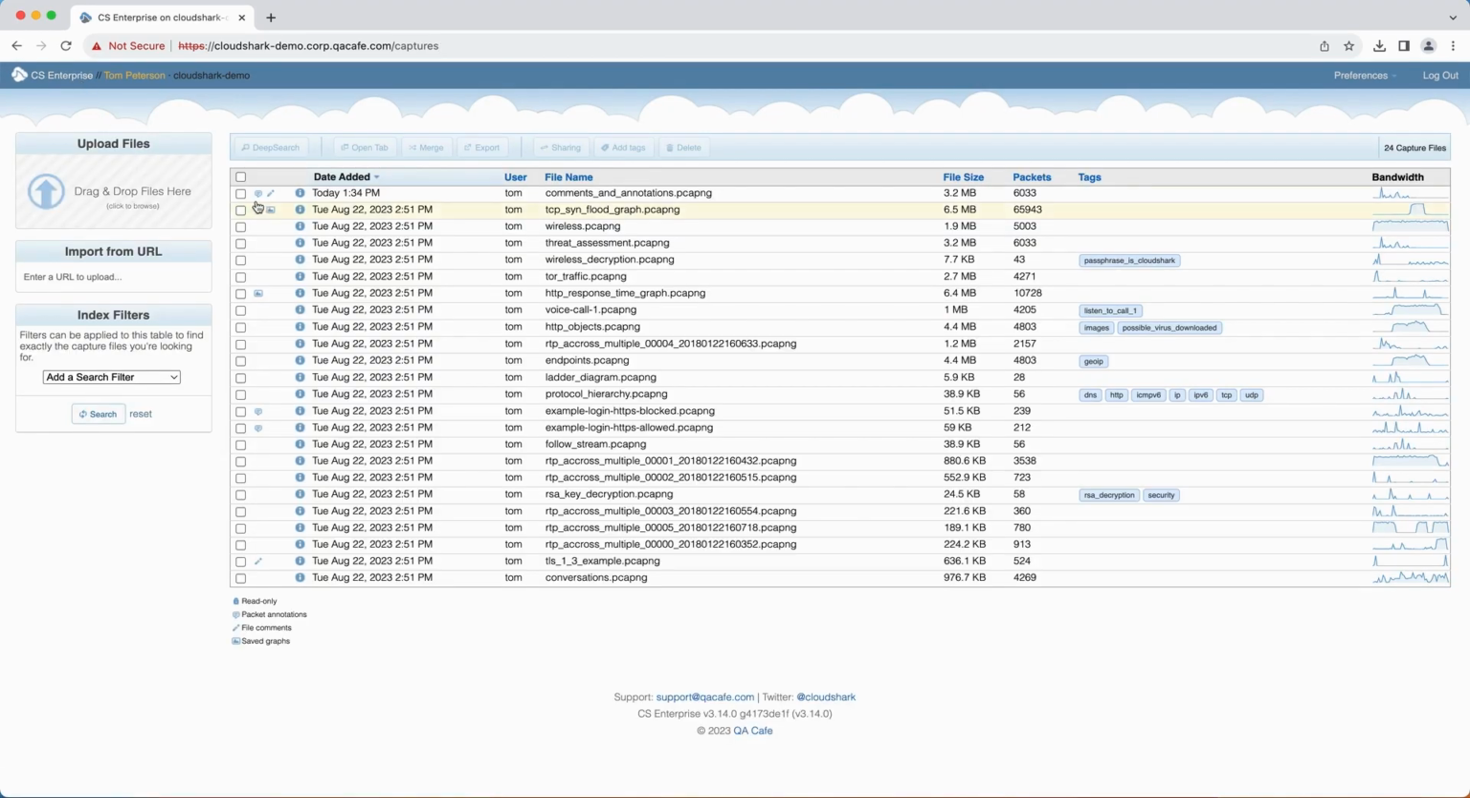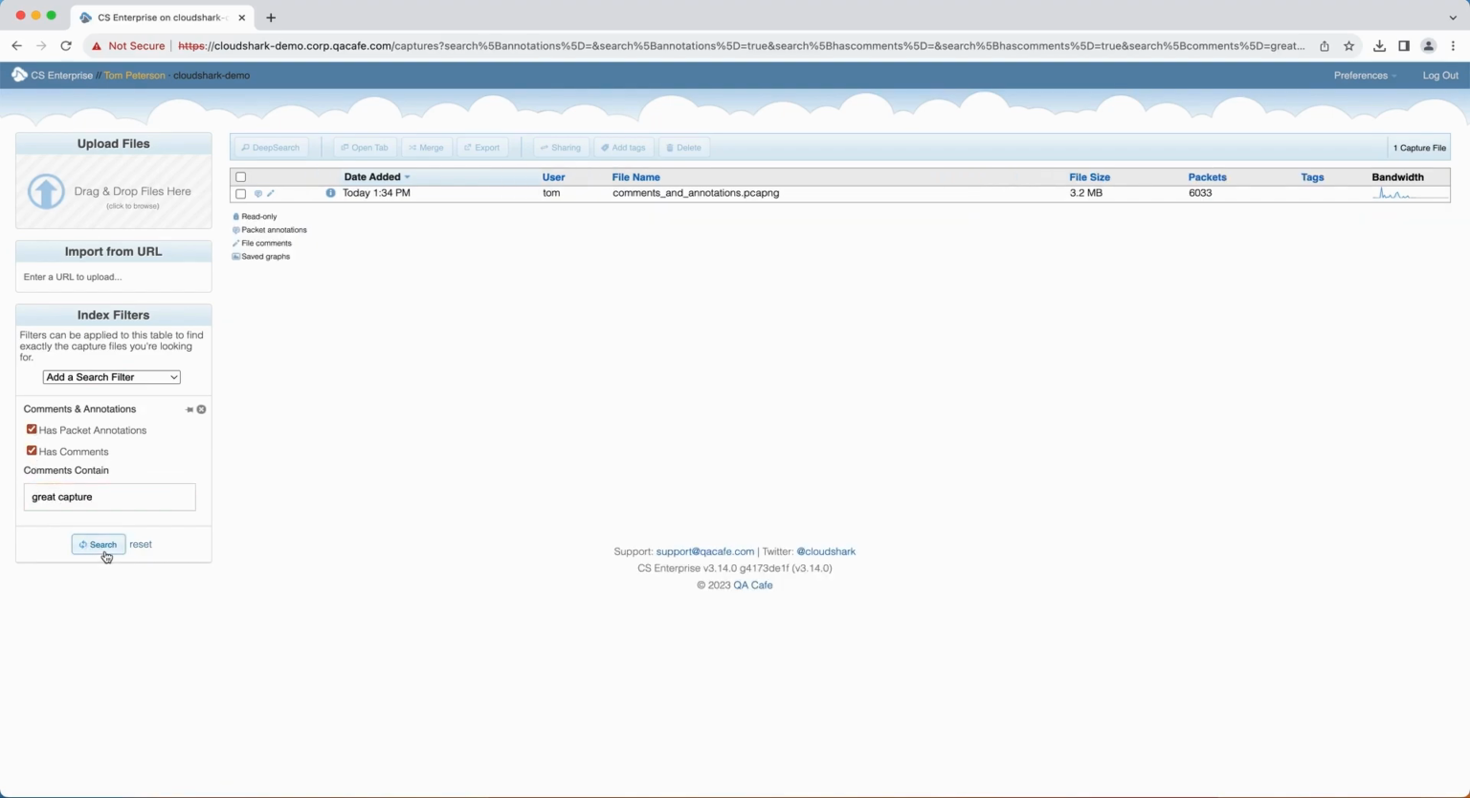In the capture index, captures that have annotations or comments will have an icon next to them. The Comments and Annotations index filter can search for captures containing these, and you can search for the contents of